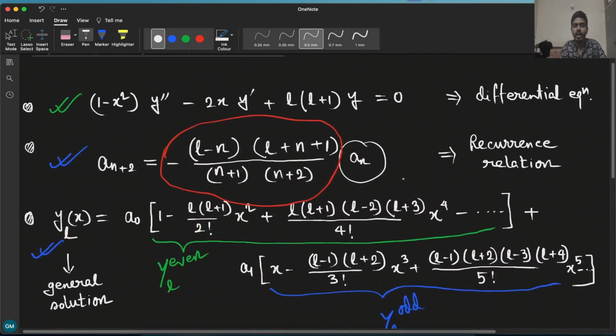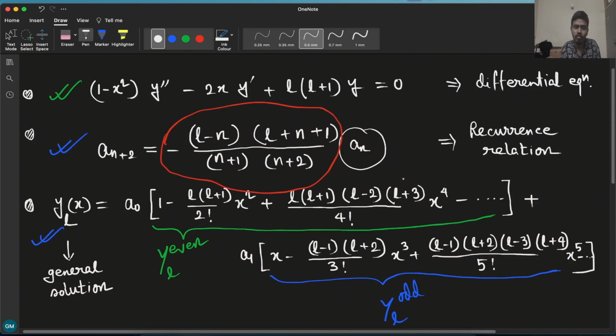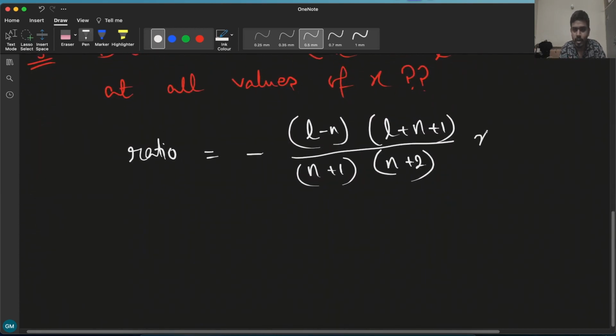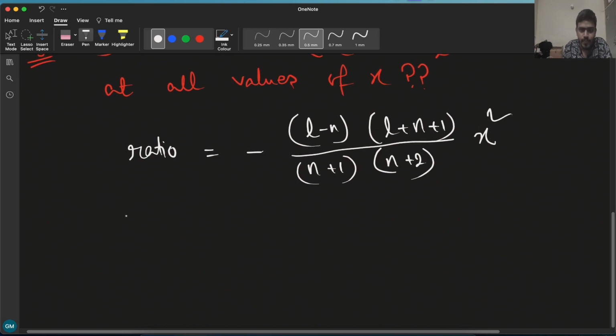And between two consecutive terms of either this even series or odd series, x has a power difference of 2, so it will be x square. This is the ratio between two consecutive terms. So if I call it R,